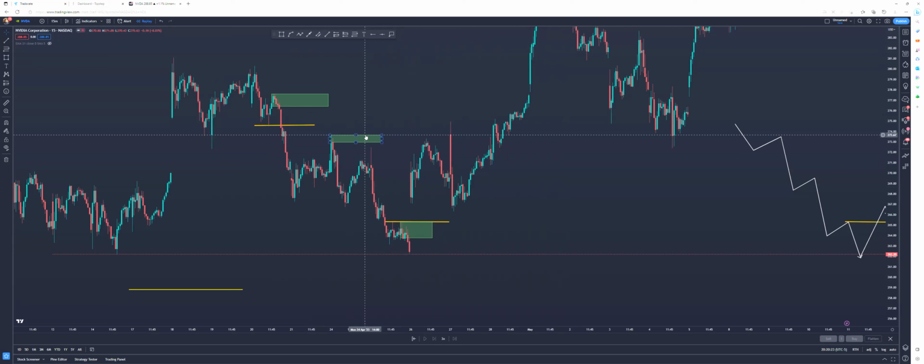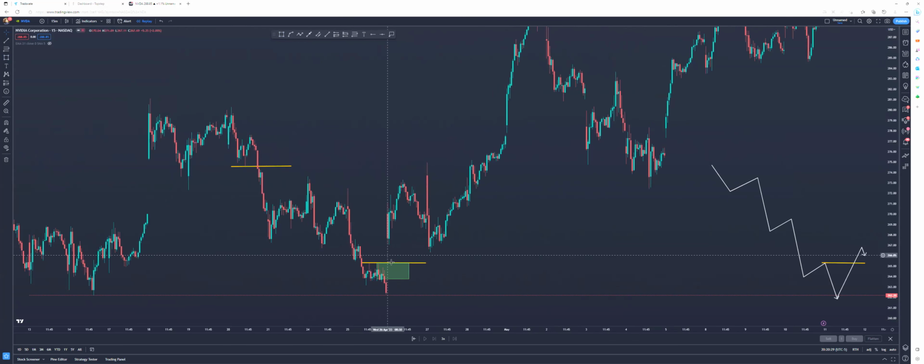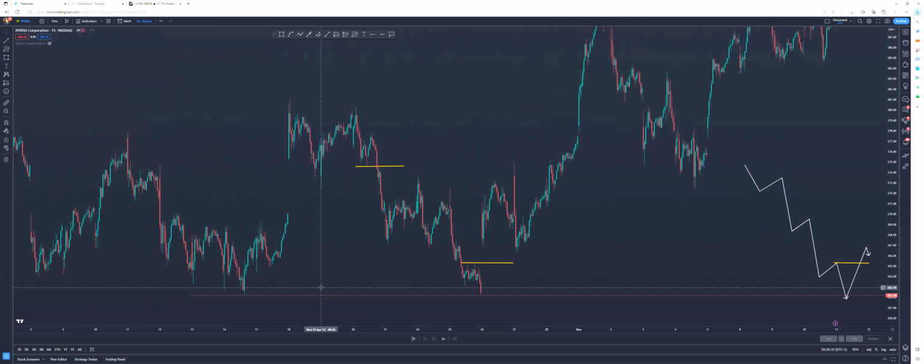Some people like taking the breakouts. Some people don't like taking the breakouts. It's up to you. But let's get into more examples real quick. Before I move on, I want to go back to our drawing board. So I took calls right here, right at my level, because like I said, it all depends on your risk. A lot of people waited to confirm the break of structure.